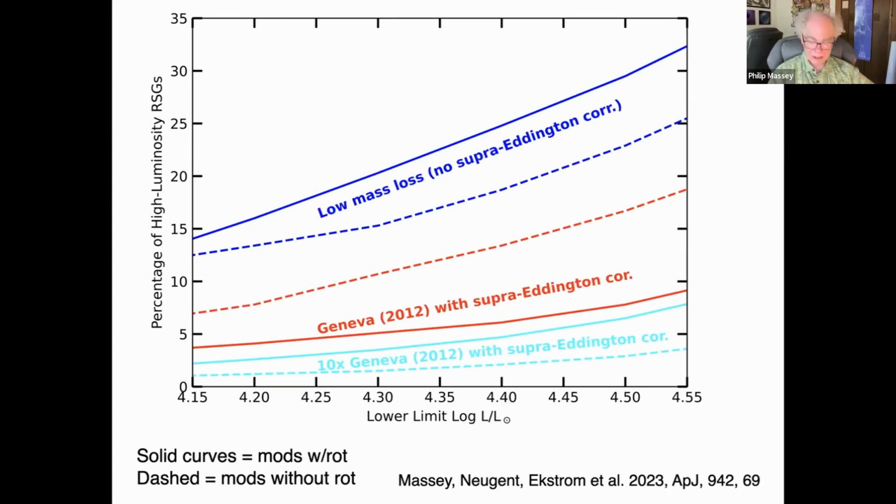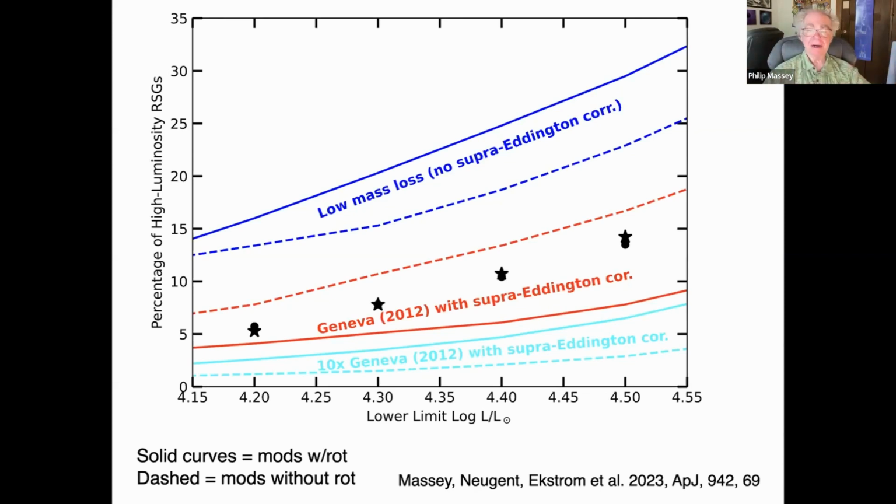And what we can see, the blue on top, that is for the low mass loss rate with no super-Eddington correction. The red is what they did in 2012. And then the magenta is what happens if you use 10 times the normal rate. So what do the data show? And the answer is that when you look at the luminosity function for M31, they in fact agree very well